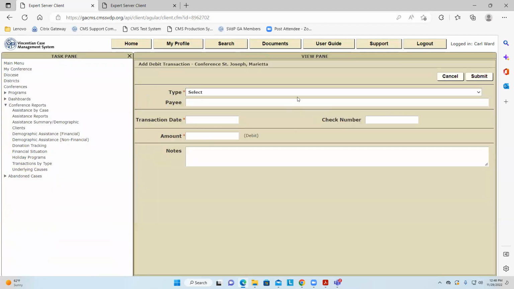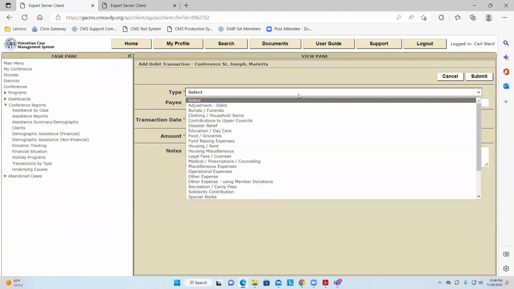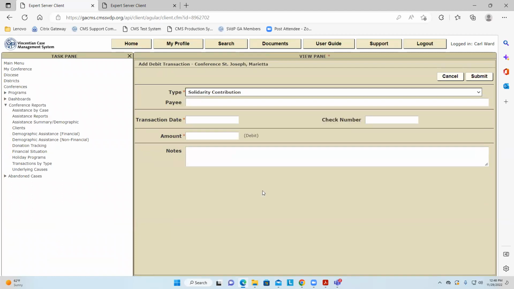If you click it, you'll see all the different types. One of them that you know and love is the solidarity contribution, right? You have to write a check, or the new way of doing it, Cheryl actually ACHs your bank account. So you need to put in the suggested solidarity contribution that you get from your financial report, which I'll show you later on, into the check register.